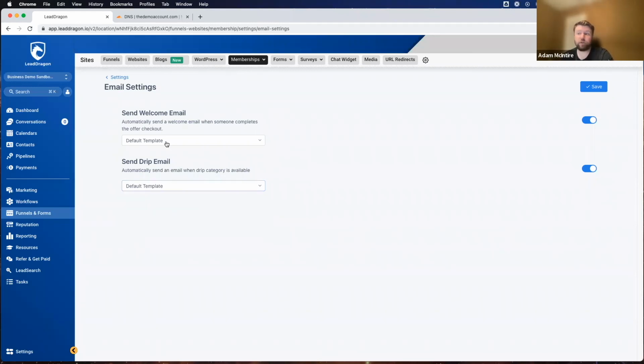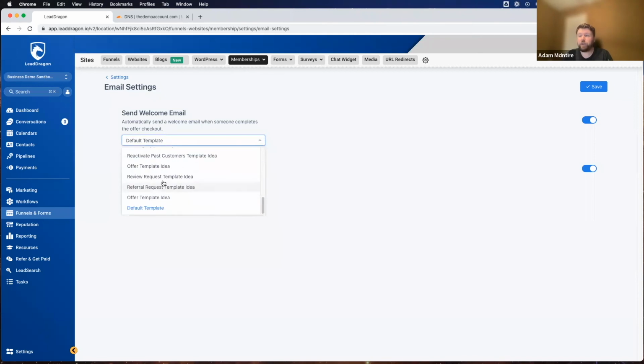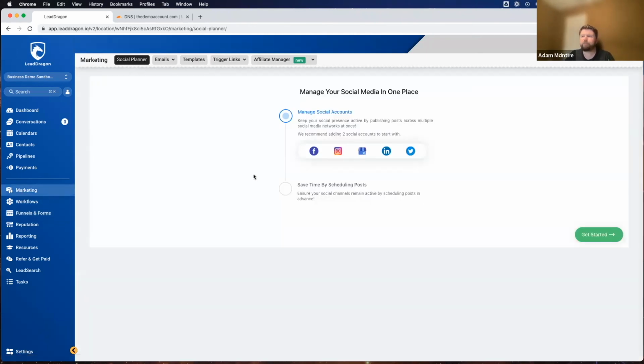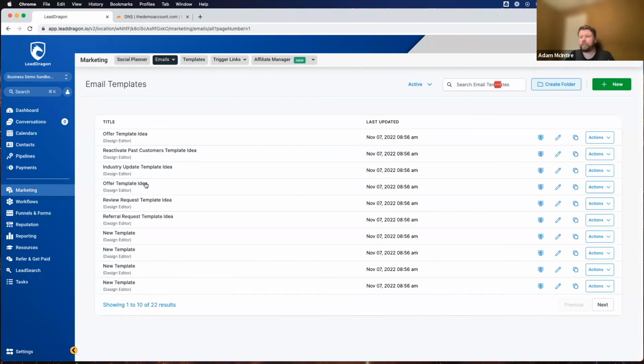You can also build out your own. And so that's what these two sections are here. For this send welcome email, you can use the default. I think it works great. But what I'm going to show you is if you go to marketing here on the left-hand side, and if you go to emails and then templates. Now there's a bunch in here that I've just been playing around with. But then within templates, if I click new,